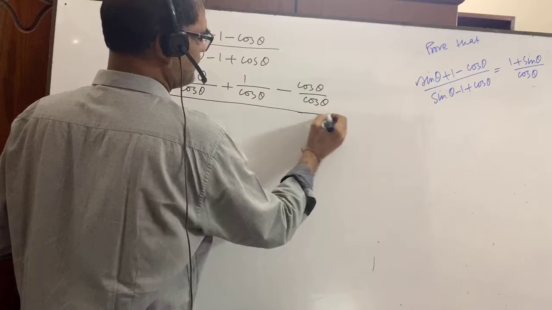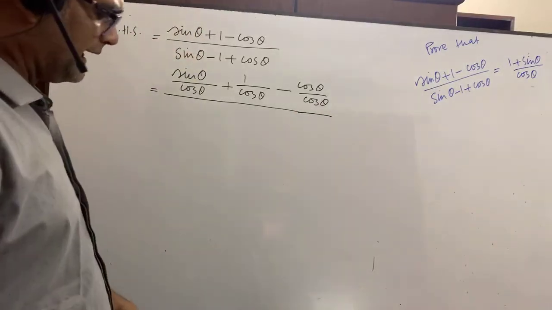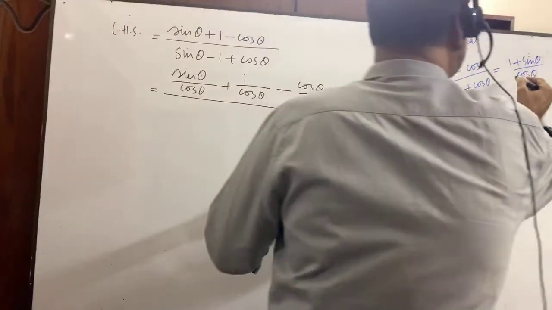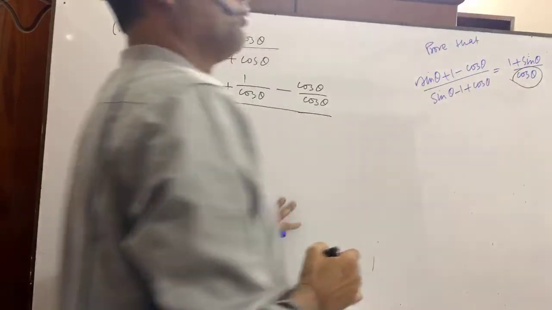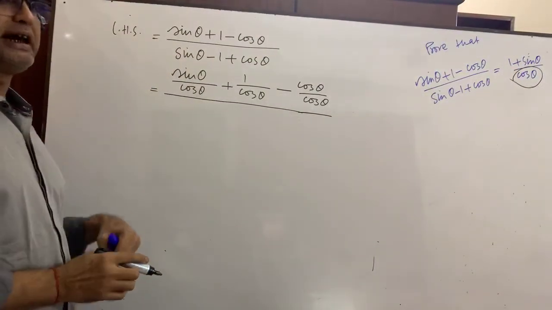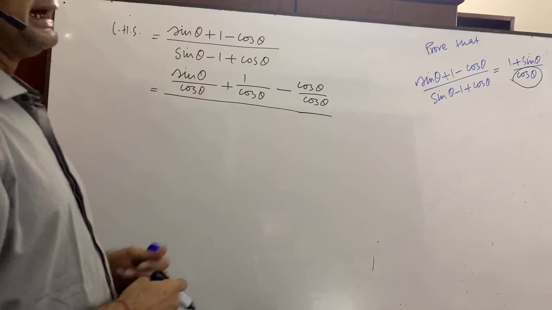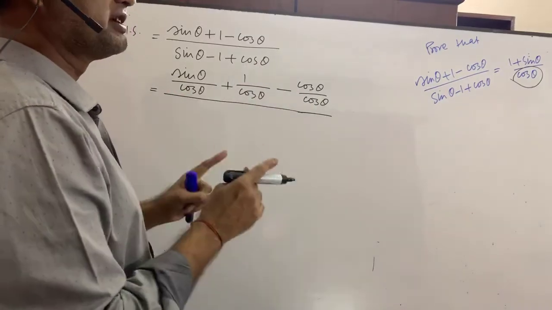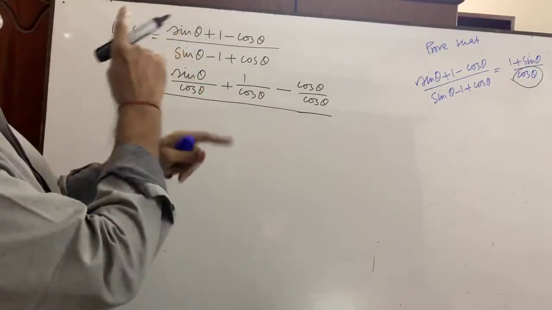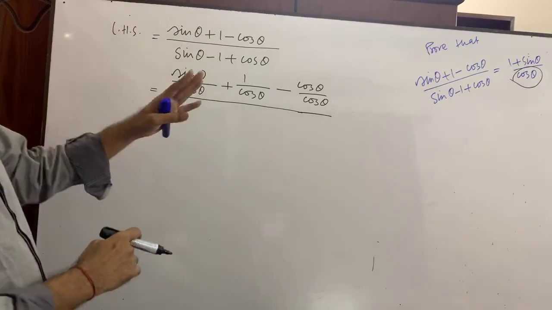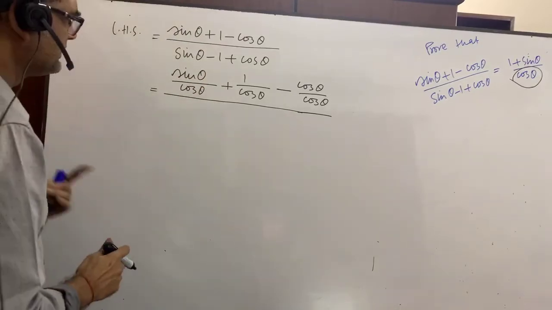Why have I divided by cos theta? As we have kept in mind that there is cos theta in the denominator in the right hand side of the proof. For this, I have divided by cos theta. Then you see